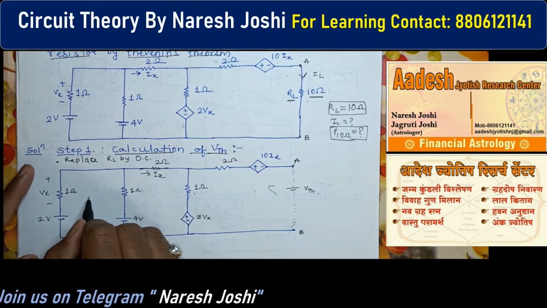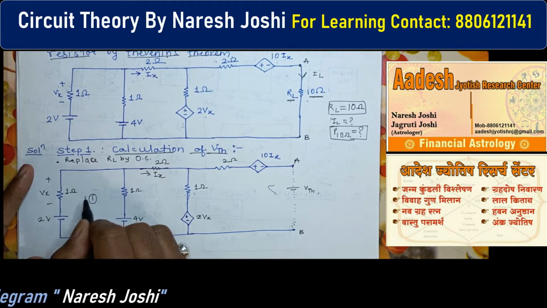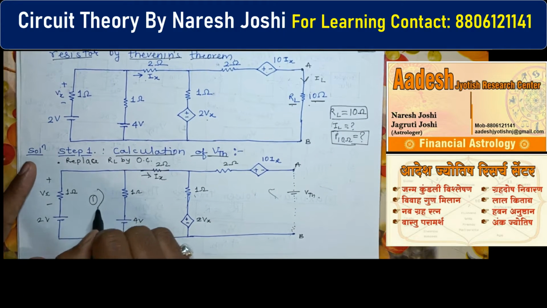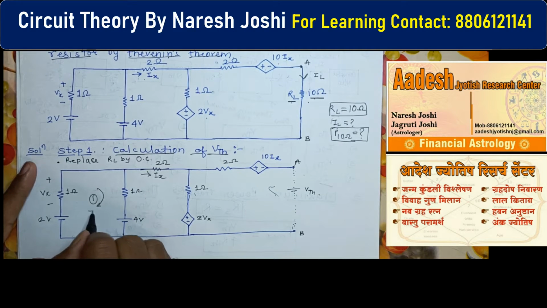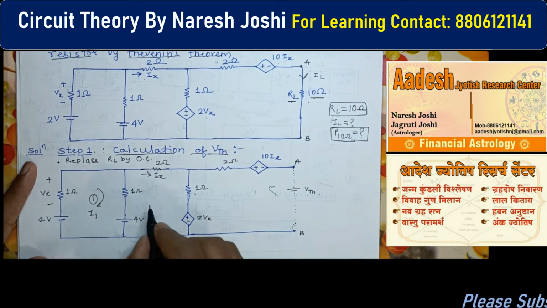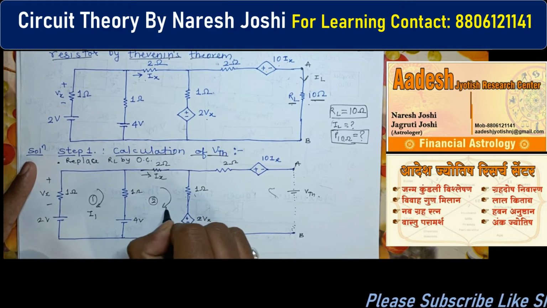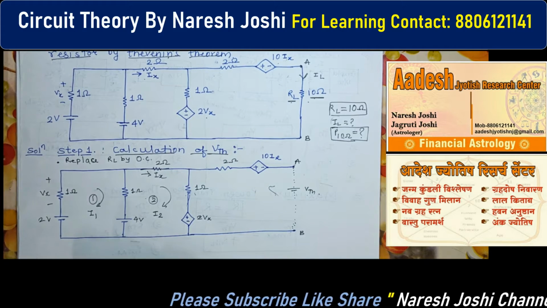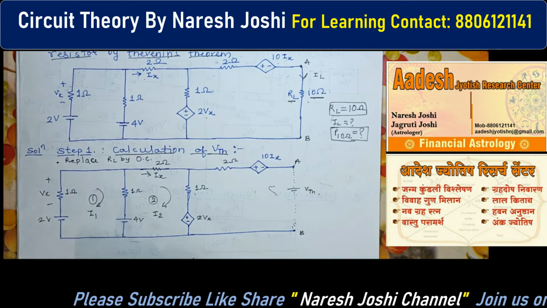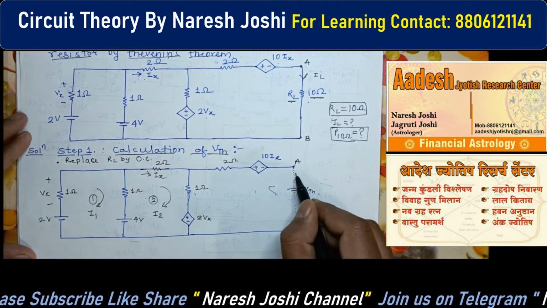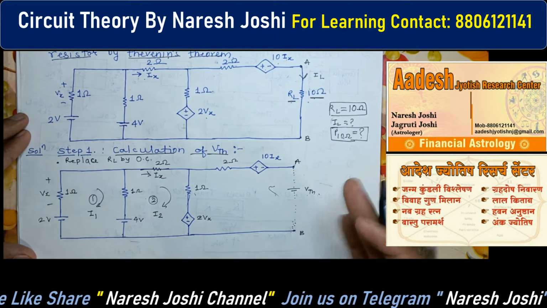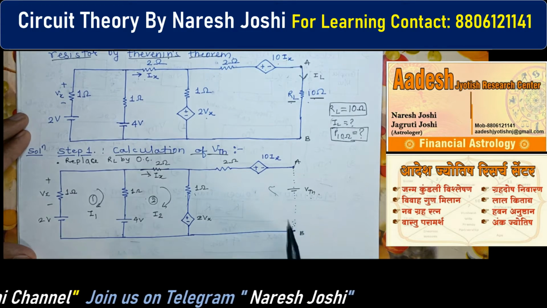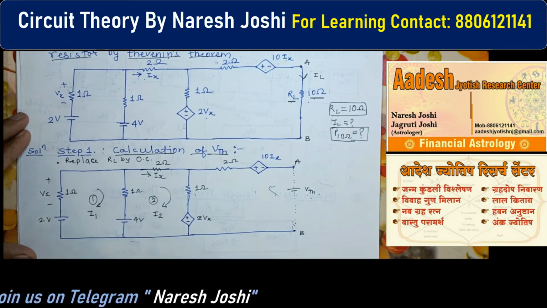So if I consider this the mesh 1, I am using mesh analysis to solve this question. This is mesh 1 and the current passing through it is I1. This is mesh 2 and the current passing through it I will consider as I2. And an important thing I explain to you, I am considering this as virtually connected. Whenever students calculate this VTH, they make some kind of mistake. So they will not make that mistake.